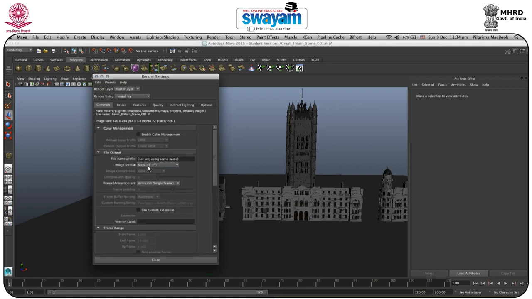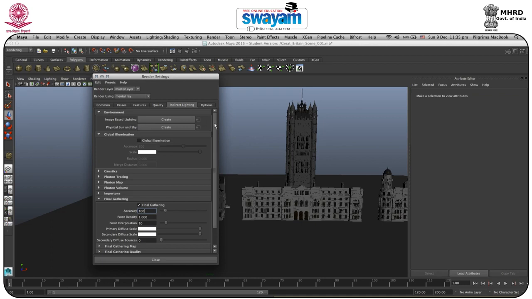by default the image format would be IFF. So if you are working, you can work in IFF, or you can also work in EXR. And for render purposes, only for checking your result, I will go to JPEG or even PNG. But the final output will be rendered in EXR or even in TIFF or Targa. Okay, so now we are in JPG, and compression quality is 0. If you increase this, definitely your render time will increase. So we'll not focus on this, we'll see it later.